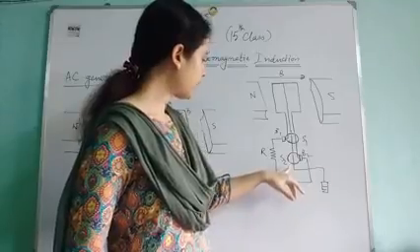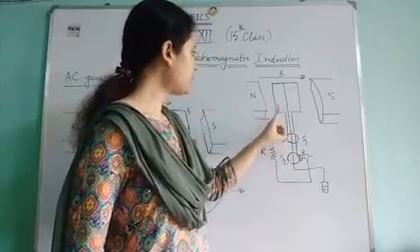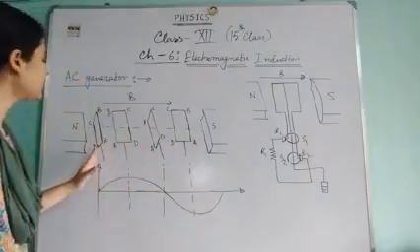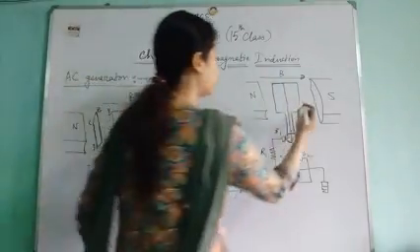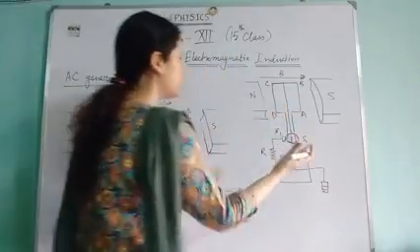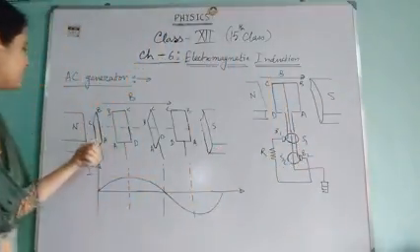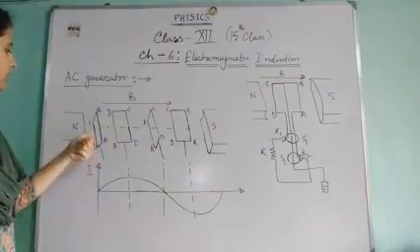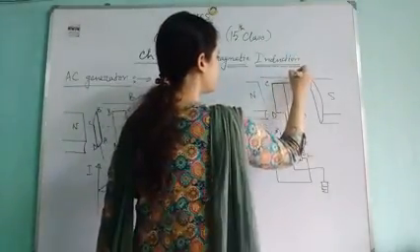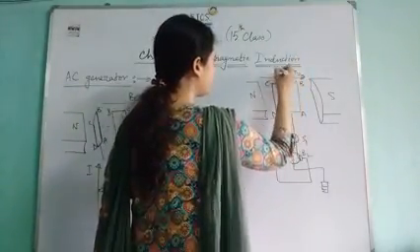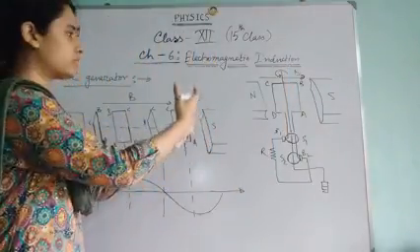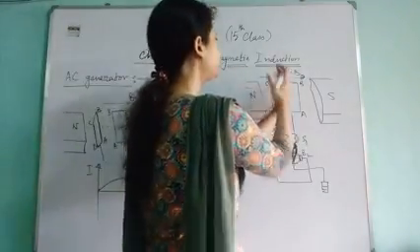When we are rotating the armature, here I have shown you the different positions of the armature. Suppose at the beginning the armature is like this, with A, B, C and D. The armature at the first position is in a vertical condition. Then it is rotating in the anti-clockwise direction. So at first the armature is vertical to the magnetic field.